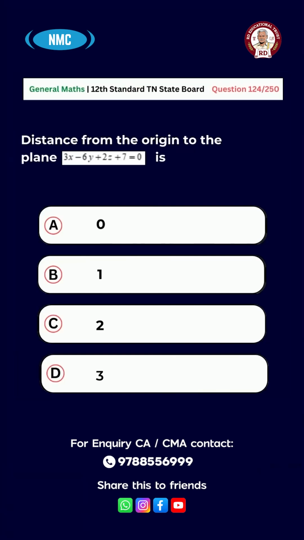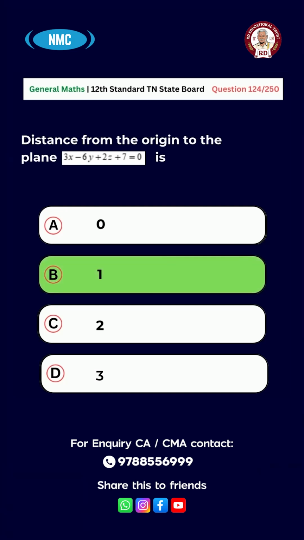Question number 124. Distance from the origin to the plane 3x minus 6y plus 2z plus 7 equal to 0 is option A, 0, option B, 1, option C, 2, option D, 3. The correct option is option B,